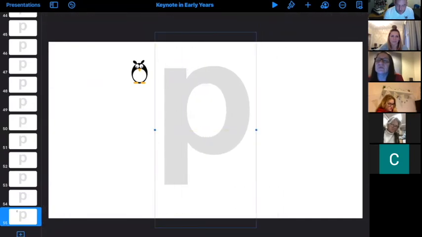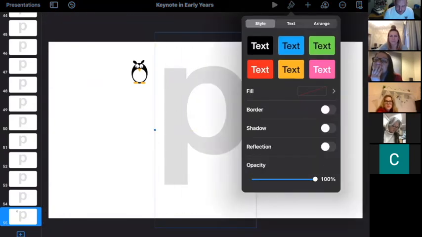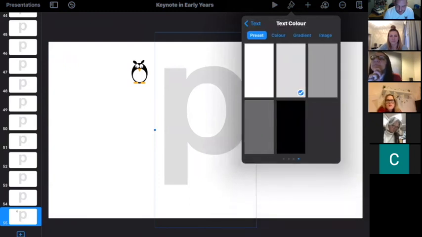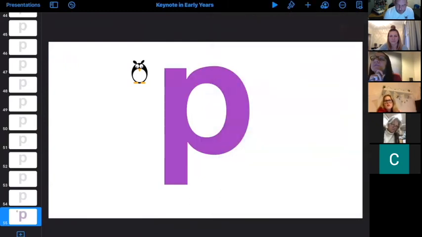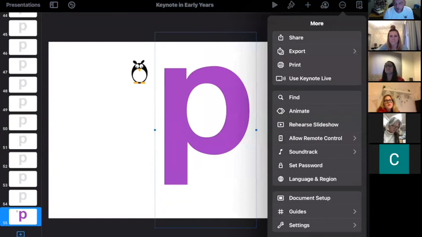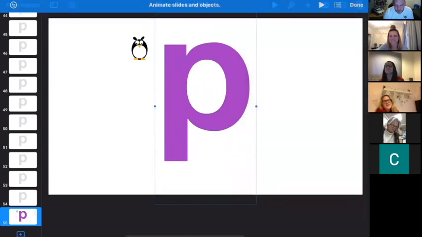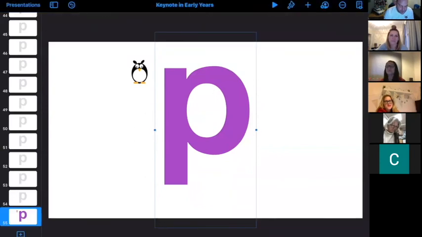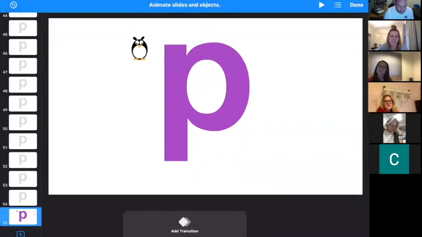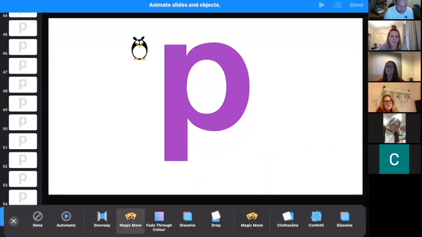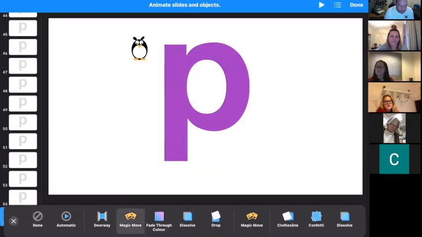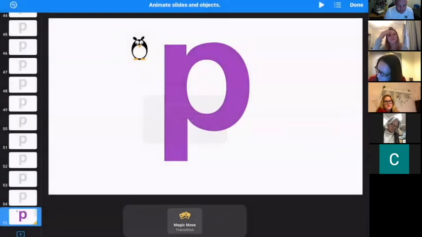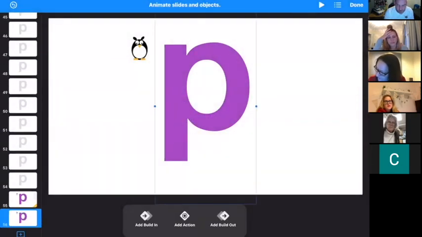What I would need to do is animate this color to change. So if I change that to purple and build it as an animation. So you're probably at the point now thinking that's far too much trouble, but do you know what? You challenged me, so I'm going to show you that it is possible to do. So that is going to, oops, actually I'm going to do it a slightly different way. I'm going to transition it through something called Magic Move, which basically makes it appear on the second screen. Okay, so